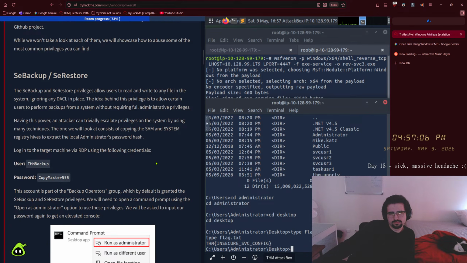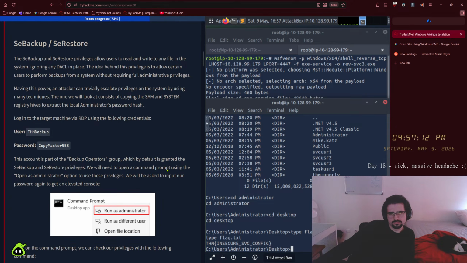Having this power, an attacker can trivially escalate privileges on the system by using many techniques. The one we will look at consists of copying the SAM and system registry hives to extract the local administrator's password hash. Log in to the target machine via RDP using the following credentials. User THM backup, password copymaster555. This account is part of the Backup Operators group, which by default is